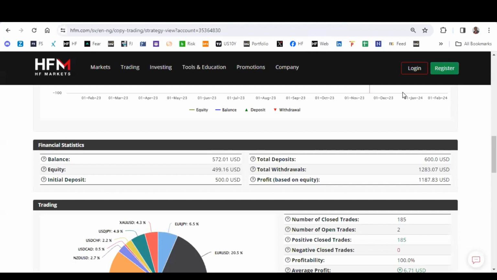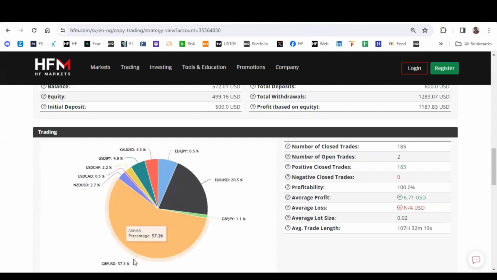I mean, somebody that has withdrawn a lot more money than he has made in deposits. His equity is, yes, in this case lower. You prefer it to be higher, but the difference is not much, so it is also fine. And the profit he has made based on equity is about $1,187.83. You can see that this person trades GBP USD the most. About 57% of his trades are on GBP USD. He also trades Euro USD quite sometimes, and trades gold as well. But then you can see the other currency pairs that he trades and the percentage